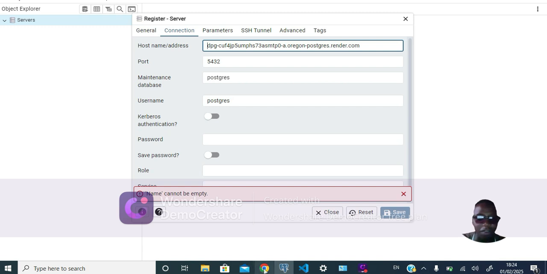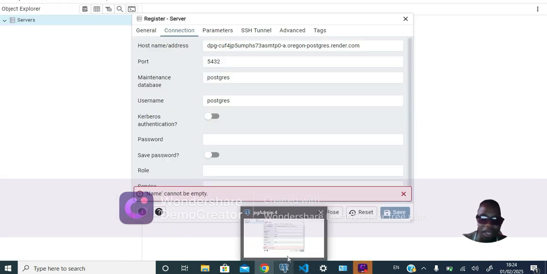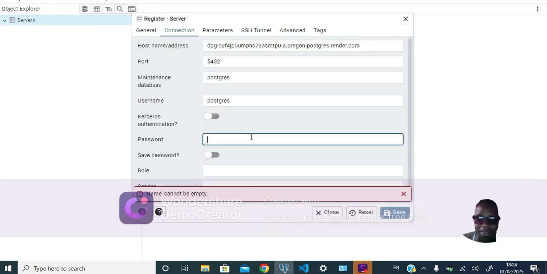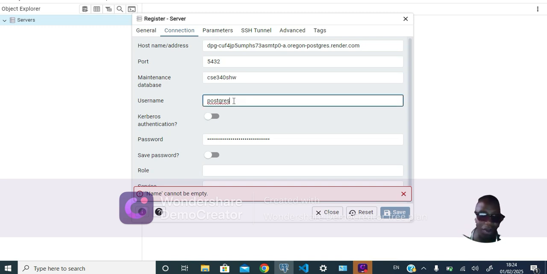The password, we find it in our database right here. So we just copy the password and then we paste it where it says password. And then the name of the database. The name of the database is very important. We say the name of the database is CSE340SHW. The same name as the database is the same name that we're using